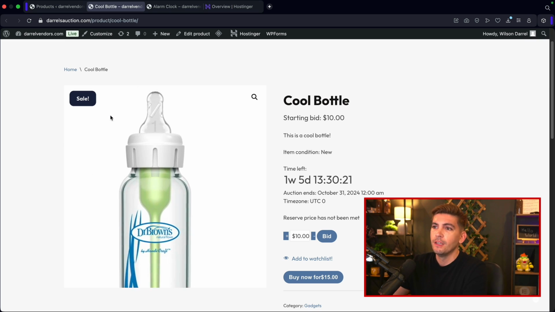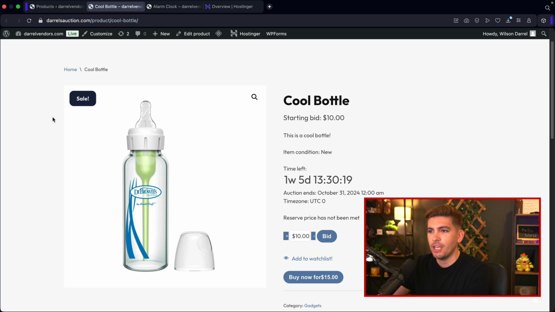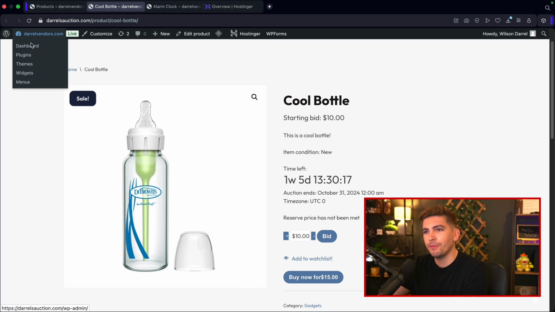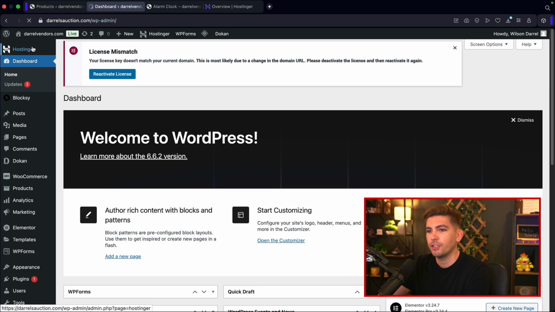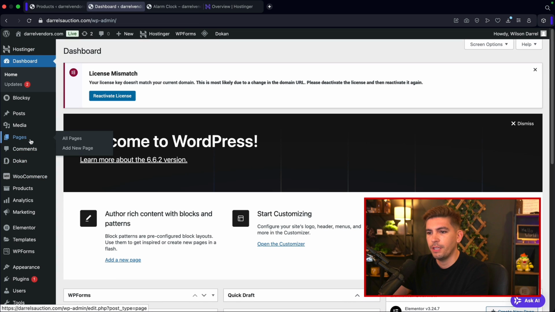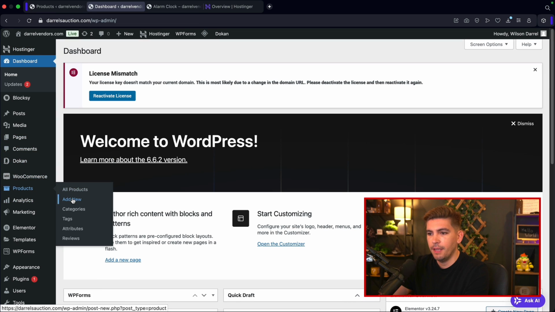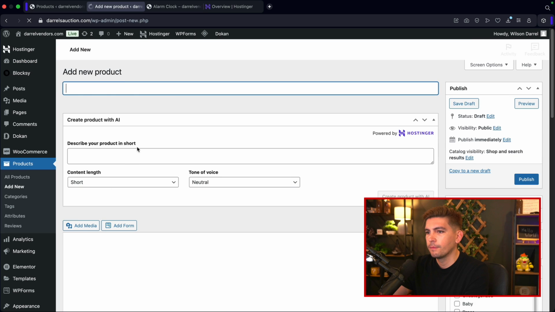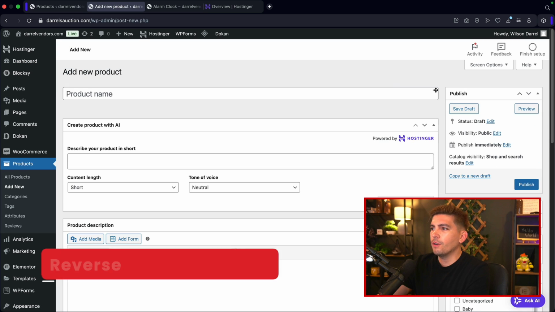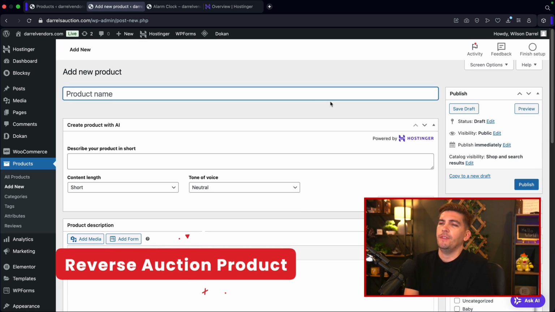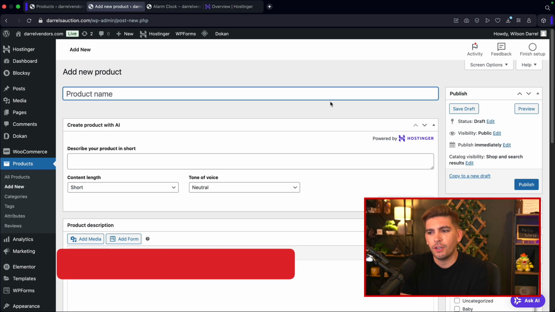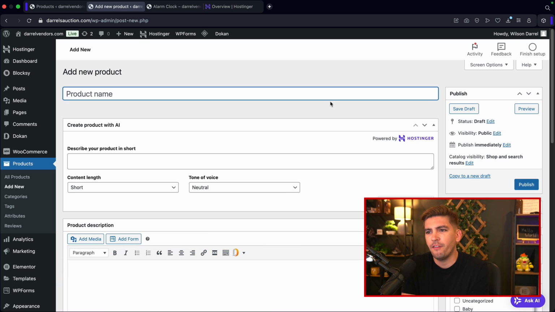It's really cheap. So anyways, now that we talked about the auction product, now let's talk about the last feature, which is the reverse auction. So let's go back to the products, and then I'll click on add new. Okay, so there are some products that may qualify for a reverse auction, and that is going to be probably